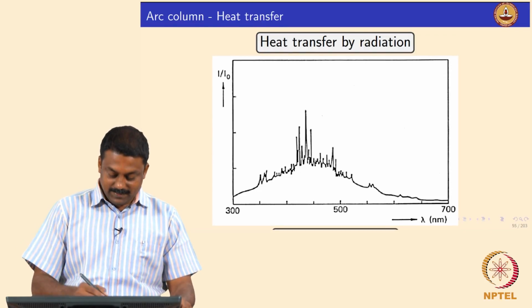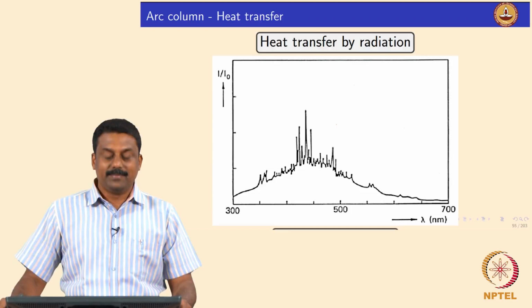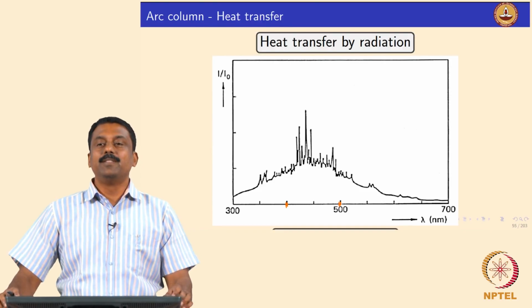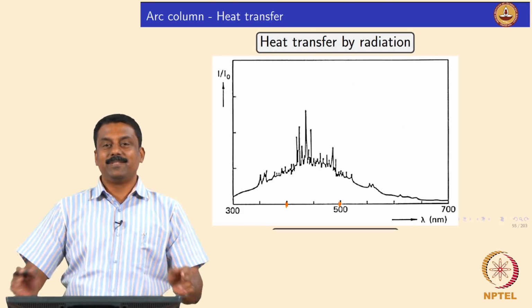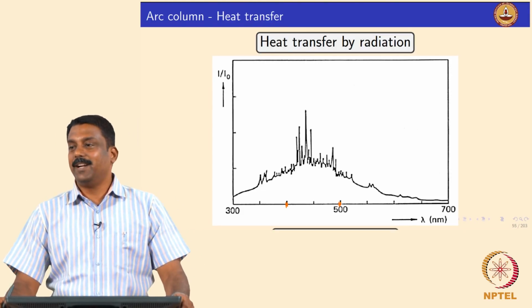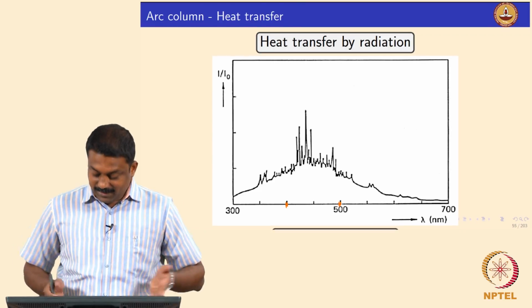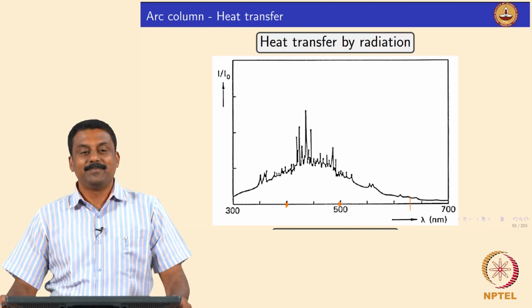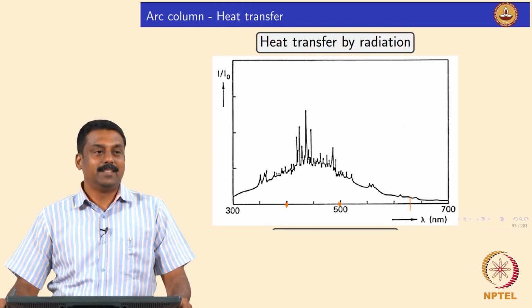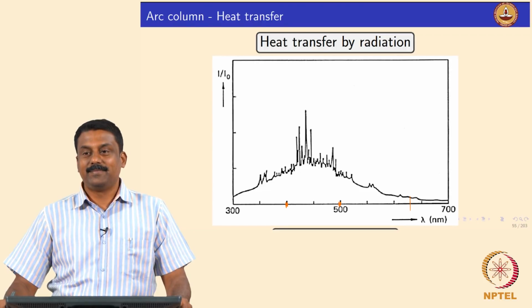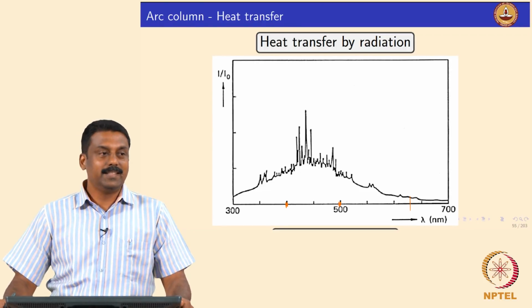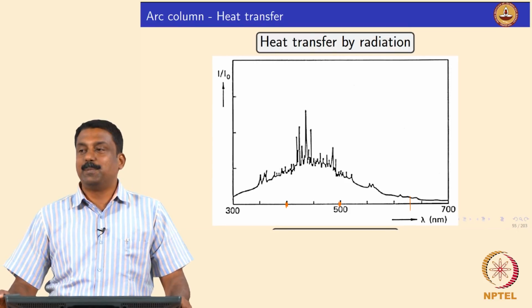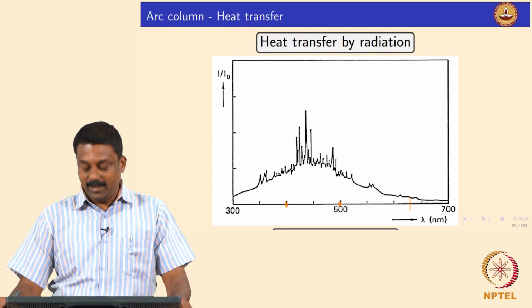You see the peaks, where are they appearing? Between 400 to 500. So what is the range? 400 to 500. The entire range up to this is visible, right? So that's the blue range, isn't it? So that's a blue spectrum. So the maximum intensity is liberated in the wavelengths of about 400 to 500 nanometers.